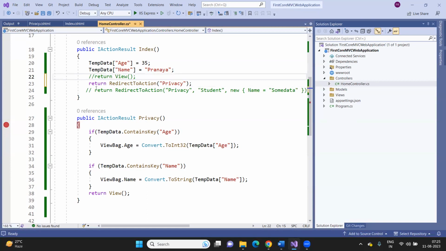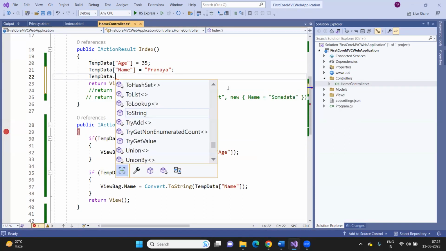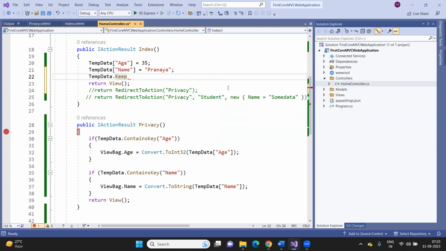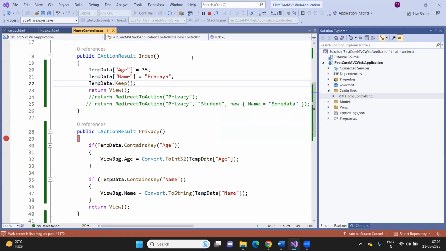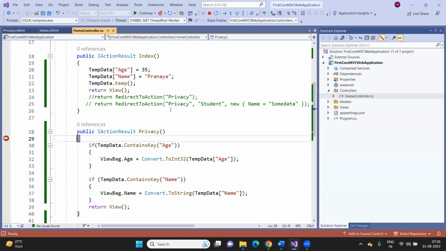But what is my intention? My intention is, after redirection, once the request is completed, I want to keep the temp data value for the next request. Then what do we need to do? Here you need to use TempData.Keep. Just write the TempData.Keep method and run the application once more. This is Pranaya 33, and on the privacy page: